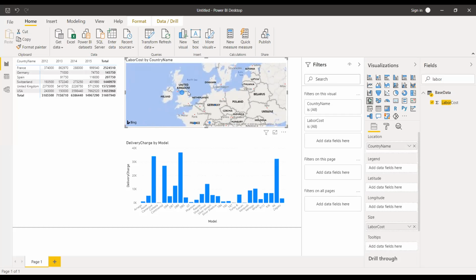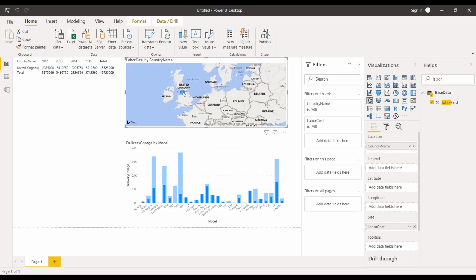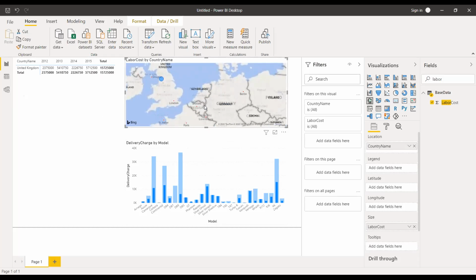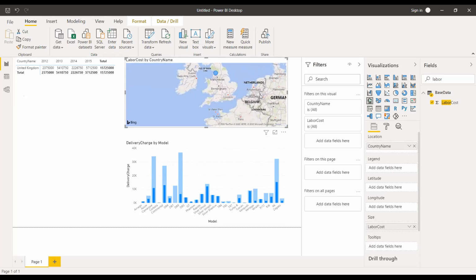If you click on a specific country in this map, suppose I am clicking on the UK, you can see that all the other visuals on my report will be adjusted according to that. It will show only the UK, and the remaining countries will not be there. The graph is adjusted. The UK entries are in dark blue, and the rest is compared with the total. Now if I click on another country, suppose,